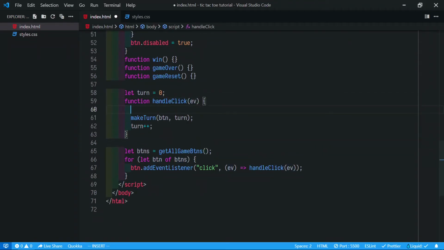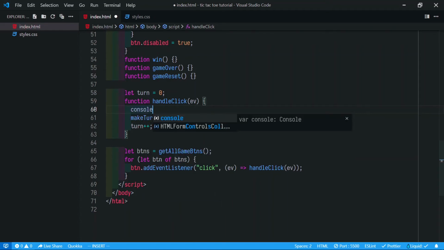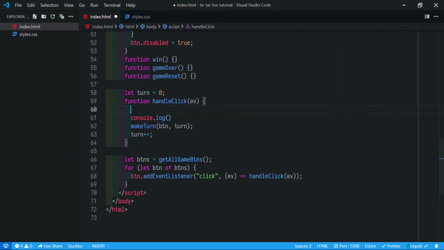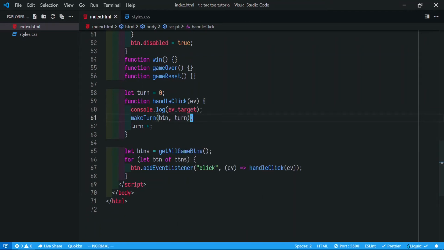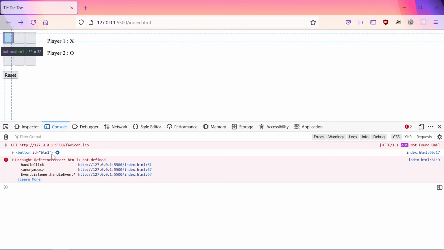Event has a property, event dot target. So we have a property target on the event object. If I click on this, you see we have a button. If I hover over this, it's the button I clicked on.